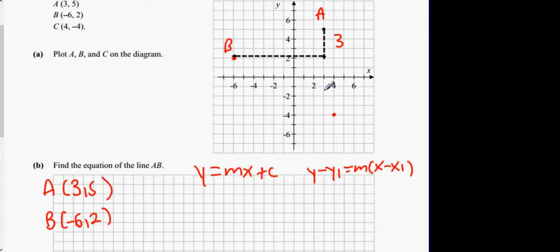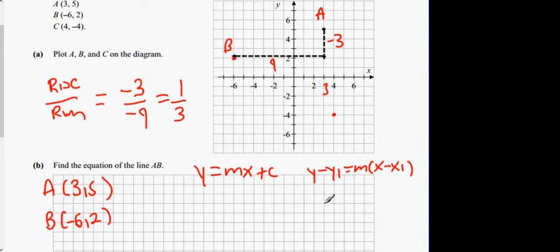So this is 3 all the way to 6. So you're going across 9, isn't it? Down 3, rise over run. You're not rising at all, you're actually dropping, so you're going down minus 3. And then the run is also minus 9 to the left, so the run is also going to the left. So this is question 4 actually. So it's minus 9 to the left, and that'll give you a third. So that's one way you can do it, and then we're going to end up with y equals a third